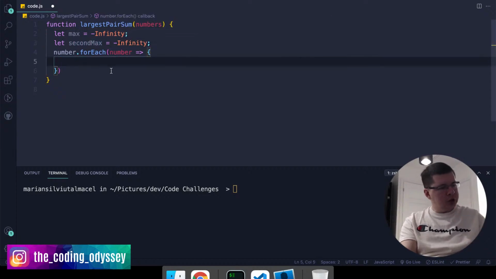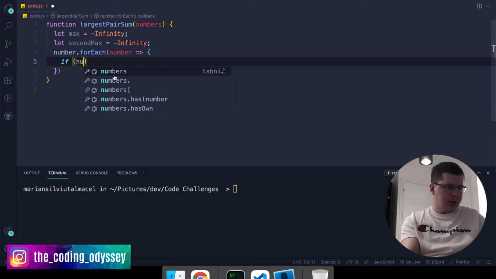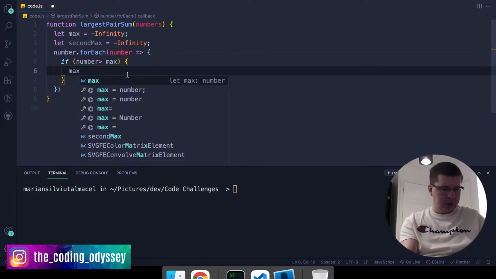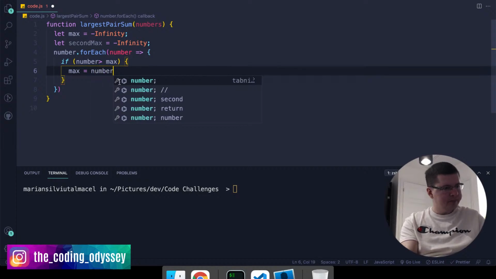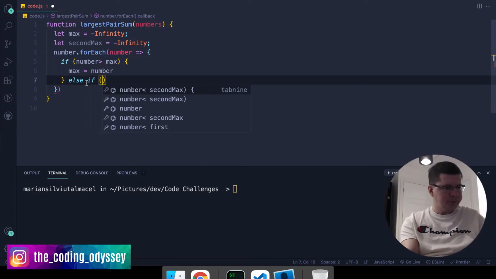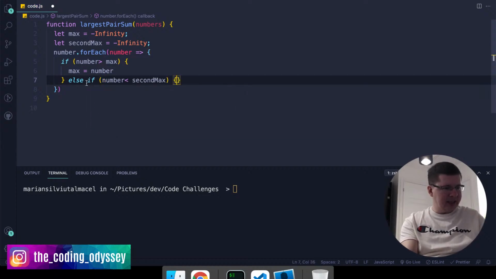Yeah, I can check if number is higher than max first. So if number is higher than max, then we want to say max is equal to number, and then else if number is less than second max,